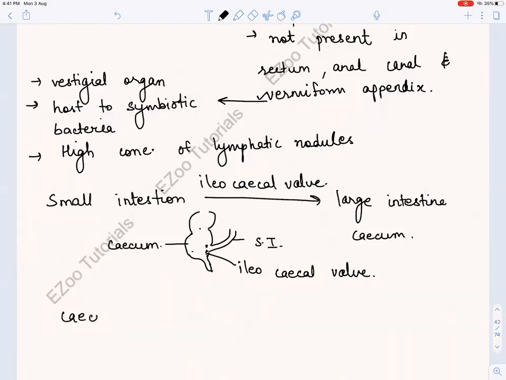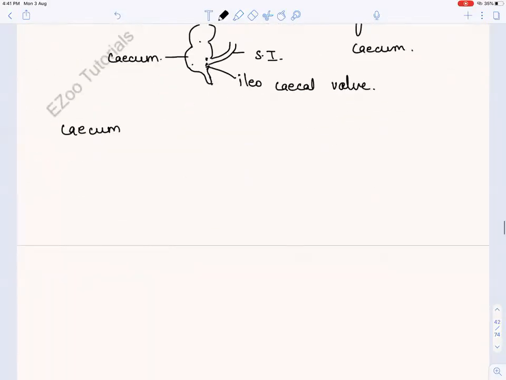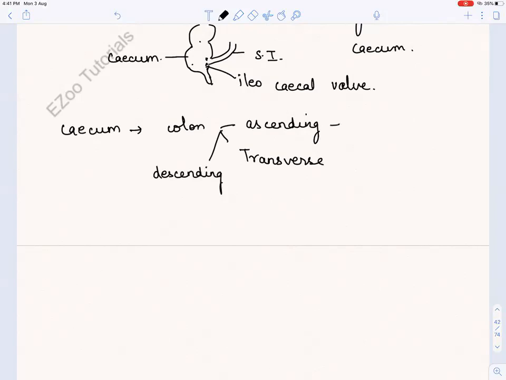From the cecum, the food goes to where? It goes to the colon, and it is divided into three parts: ascending, transverse and descending. Ascending is the shortest part. Transverse, it's very easy, no? Ascending and then transverse and then this side